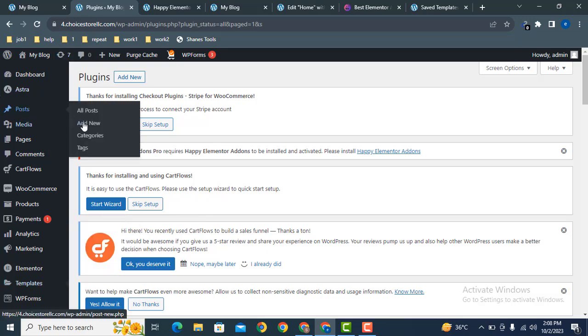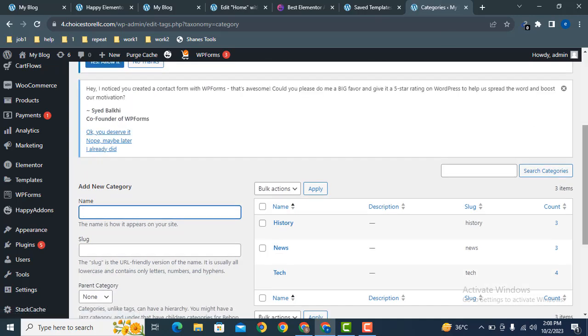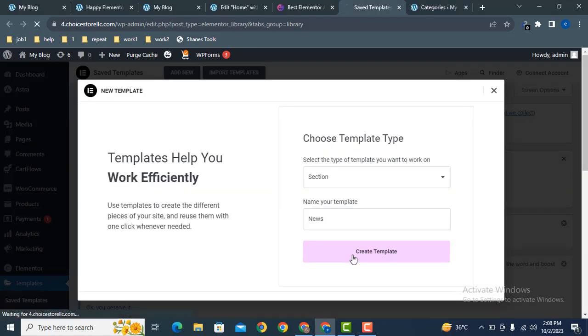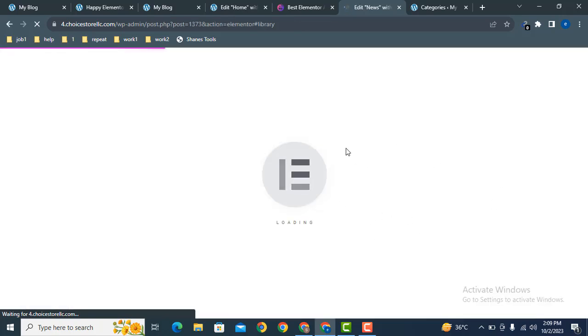Let's see, here you can see in the post categories. Now we can create news category template. So we can add here name news. So this will be the template name.